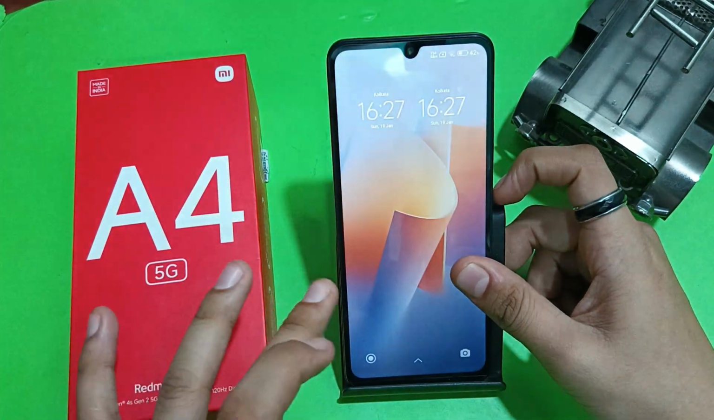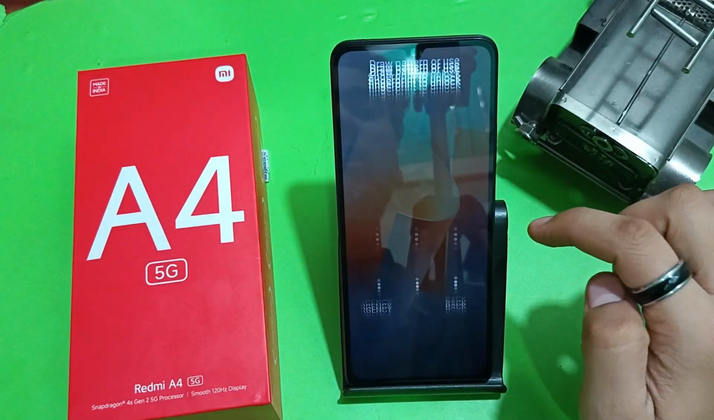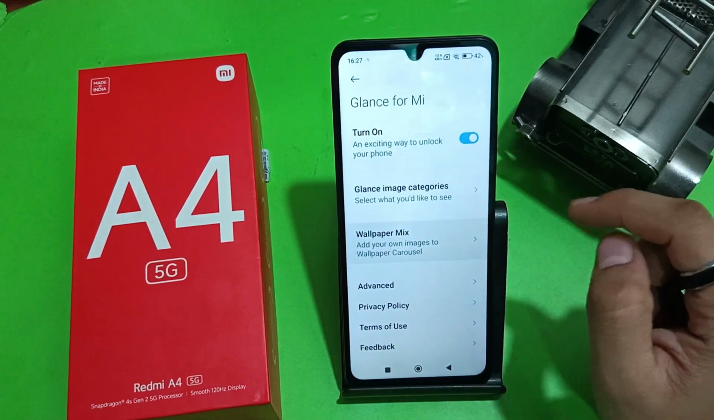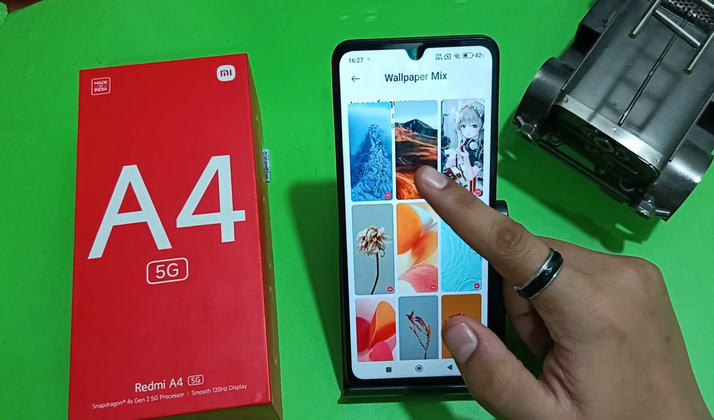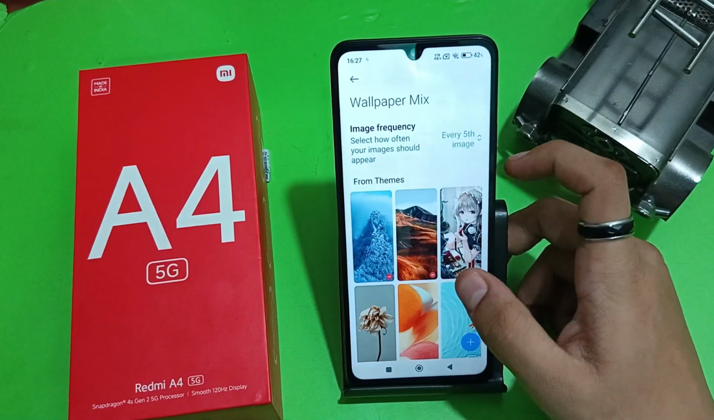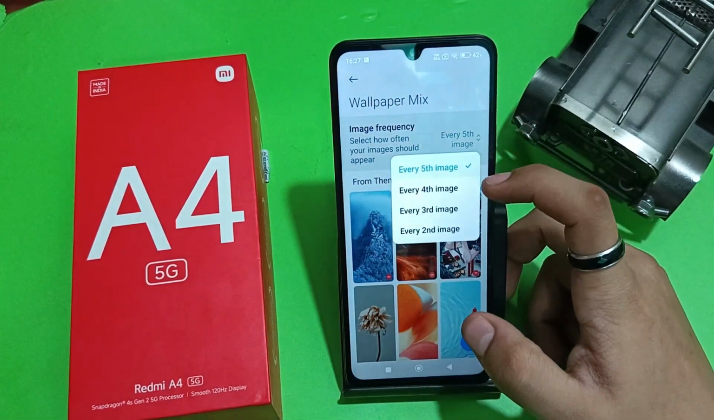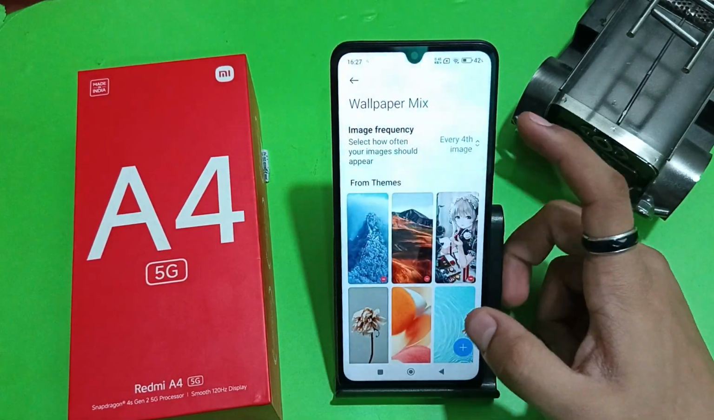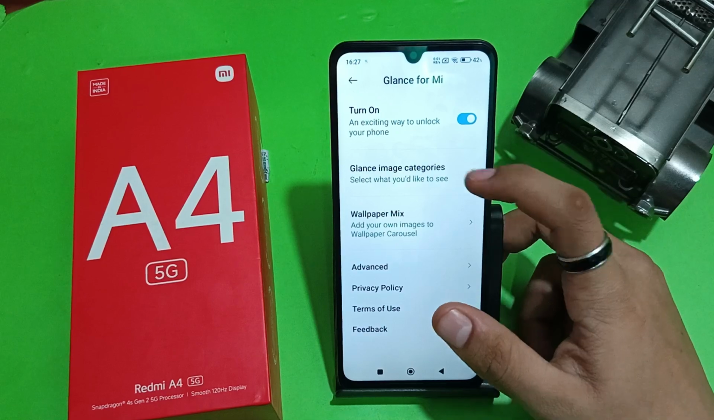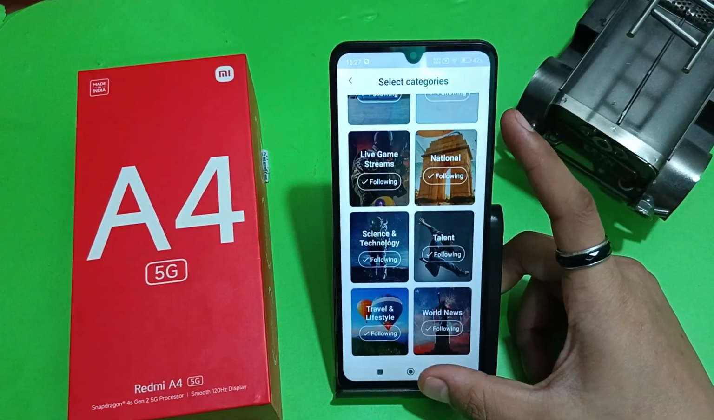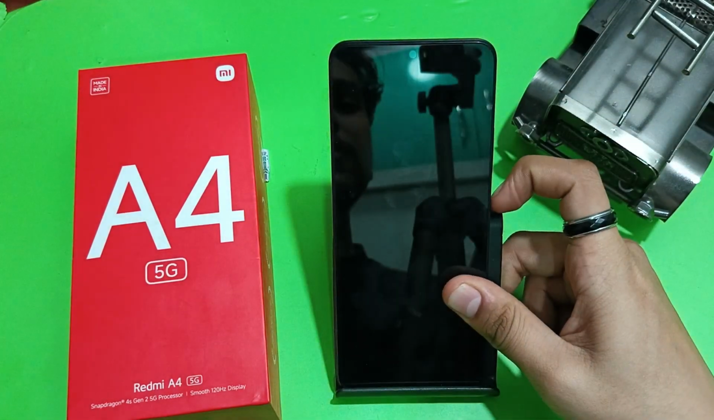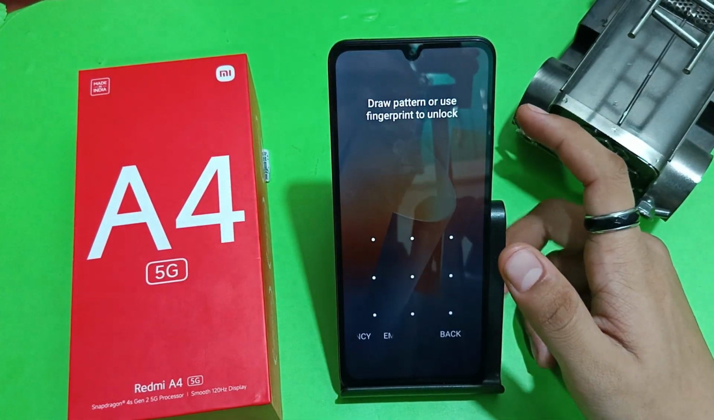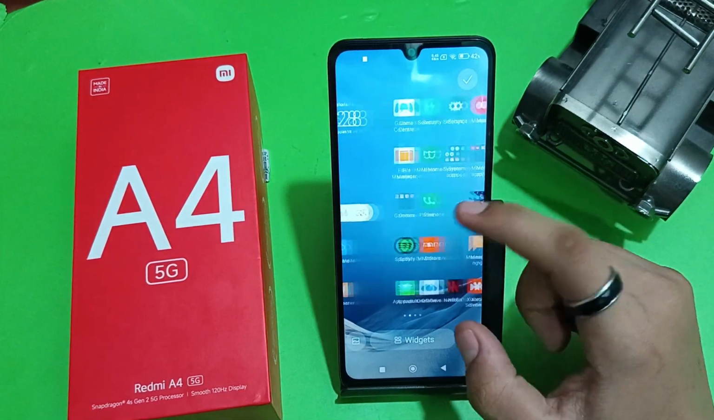Sometimes it is not showing here, but after some time it will show, and you can see there are lots of wallpapers here also. You can see how frequency, so you can choose every 2nd image or every 4th image, and you can choose the category of image that is showing. Okay, let's move on to the 4th trick,